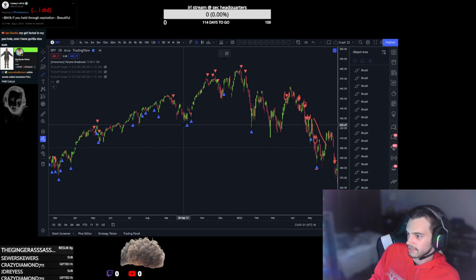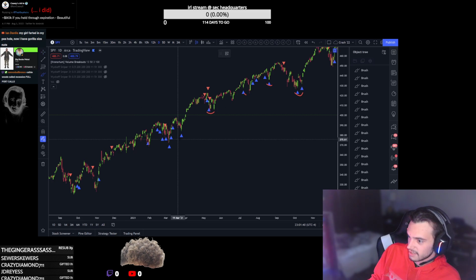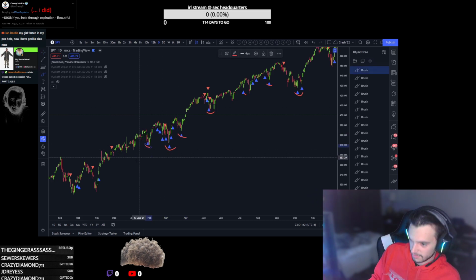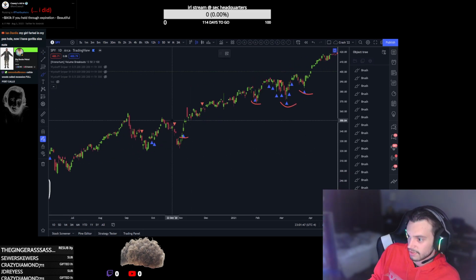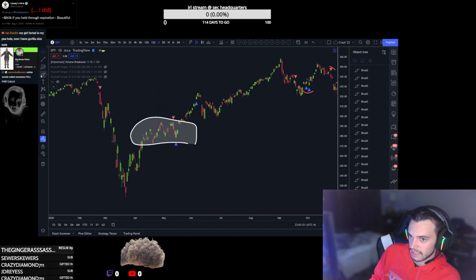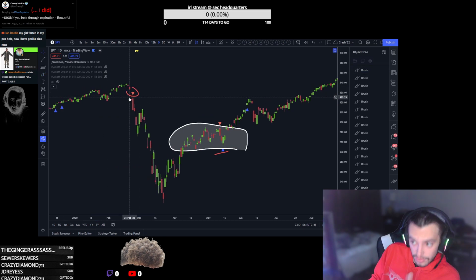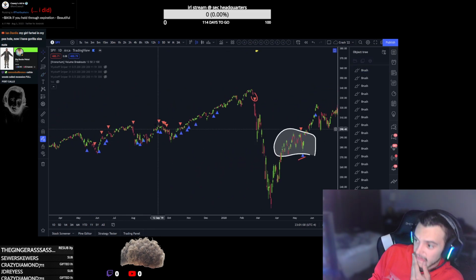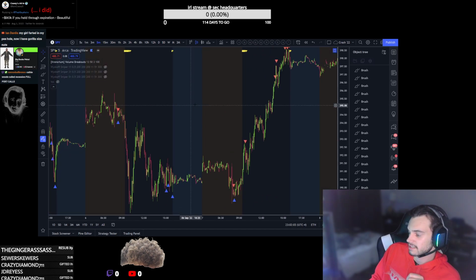Back here, catching the bottoms here, catching the bottom here, sort of catching the bottom here, and more, on the way back up, but also on the way down. A little late on catching the bottom, but still did. Another catching the bottom. This could have alerted you to the sell-off of COVID, perhaps a little early. Yeah, so some pretty cool stuff has come out of this.